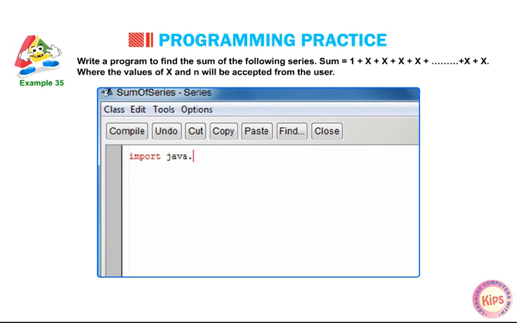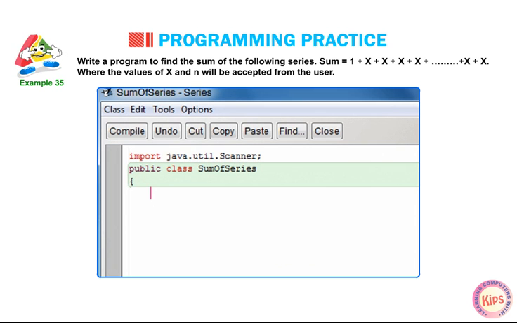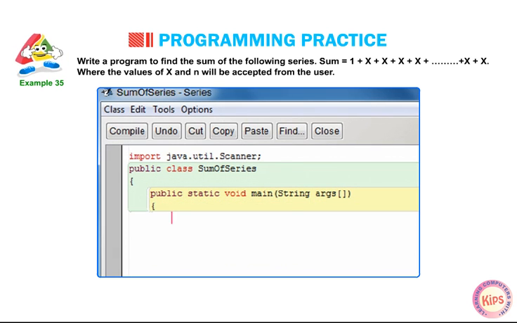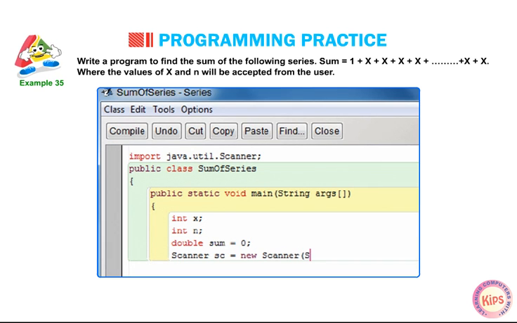import java.util.Scanner; public class SumOfSeries { public static void main(String[] args) { int x; int n; double sum = 0; Scanner sc = new Scanner(System.in);